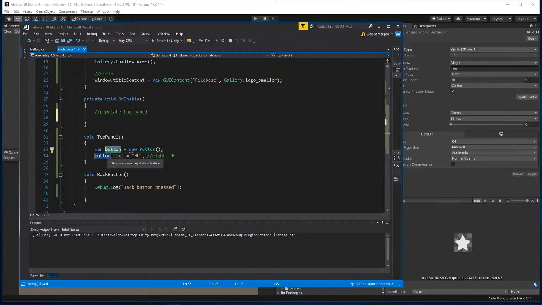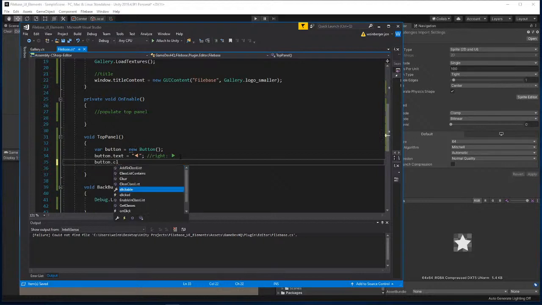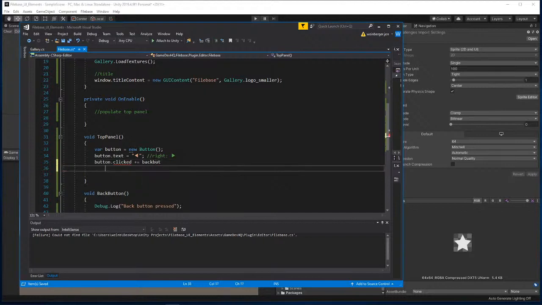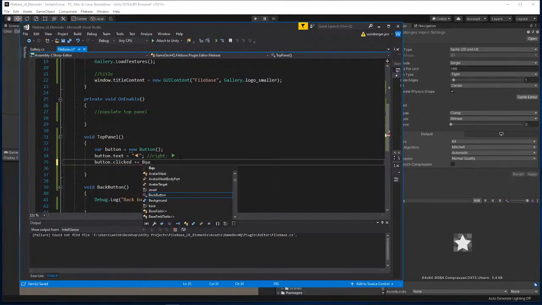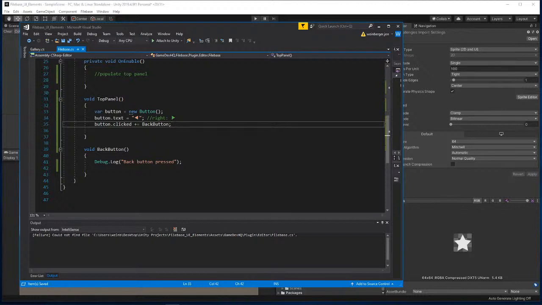And we're going to create a button, our button text. And we'll revert the size in a moment. And then here we're going to say button.clicked plus equals the back button. But we are going to,